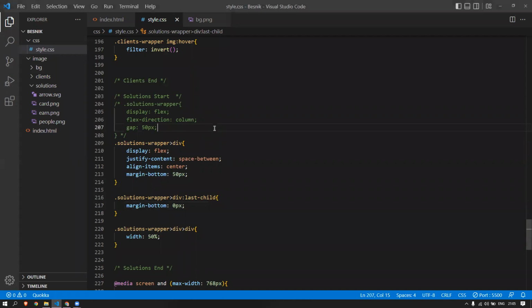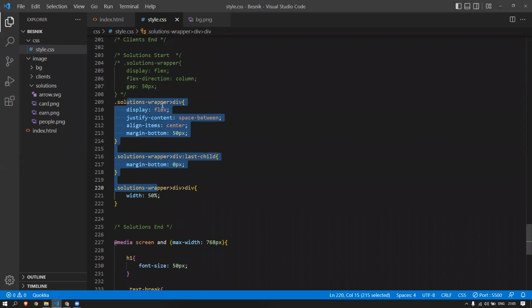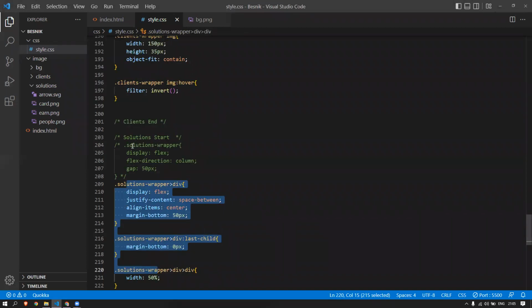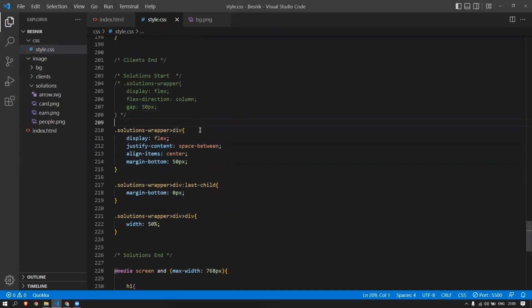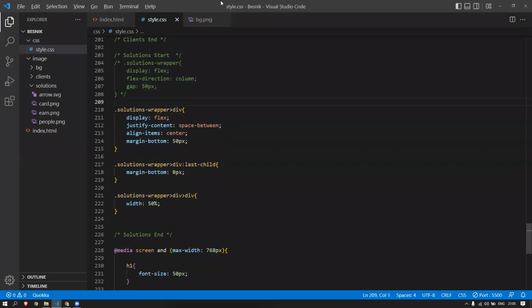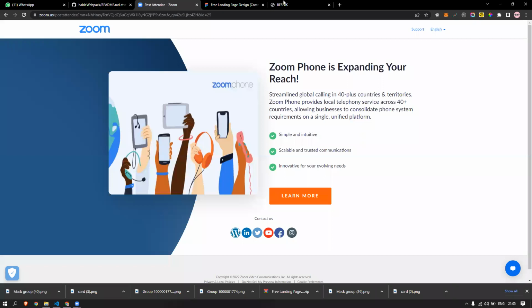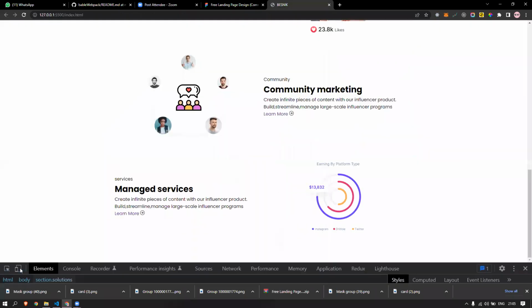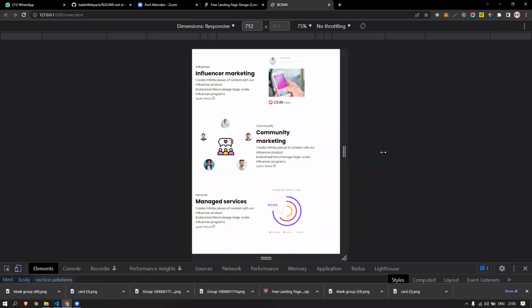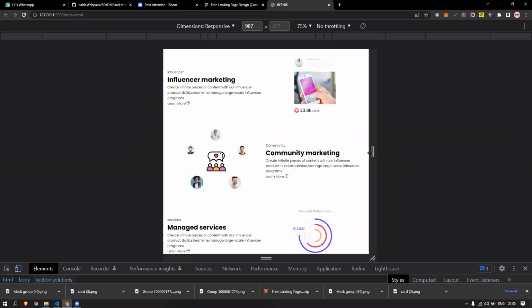Okay, we'll start. This is one way and this is another way. You can go with whatever you like. The second step is this case. We want to make it responsive. So if I make the changes to responsive, you see, when I come less than